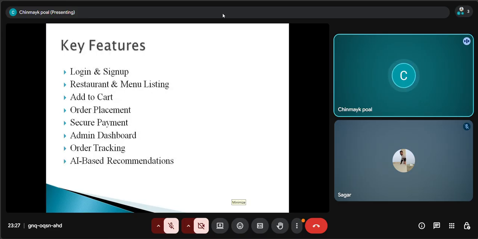In the next slide, slide number 8, key features of the project. This slide highlights the main features of the system. It includes login and sign up functionality for secure access. Restaurant and menu listing allows users to browse food options and add to cart. The cart helps users manage selected items, and order placement allows users to confirm their orders, and secure payment ensures